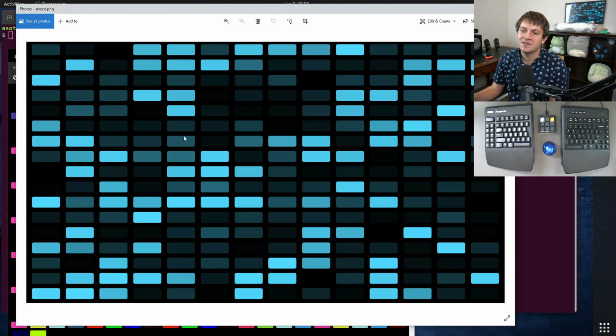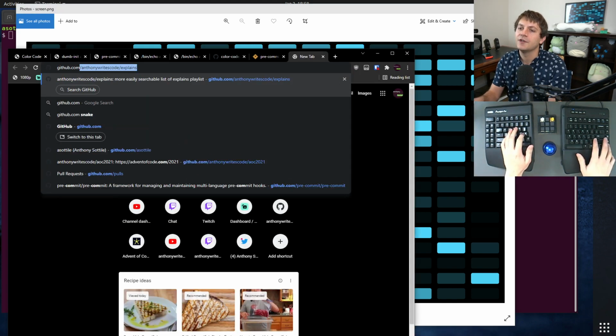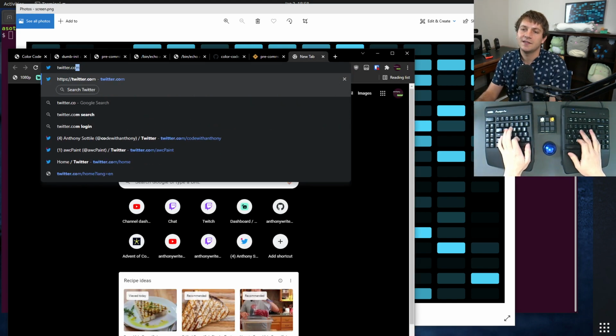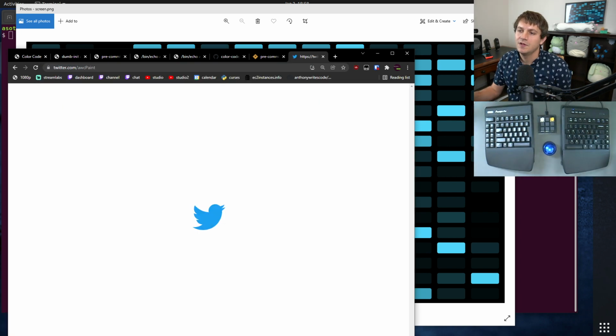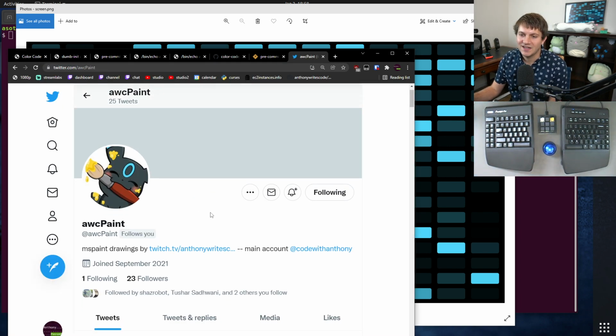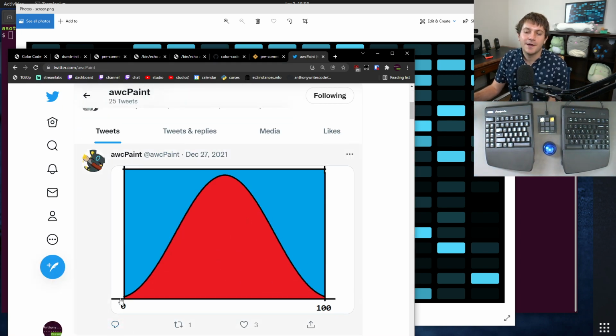But when I initially just picked random numbers, I kind of got this mumbled garbage. It was a lot of these middle colors and not so much these bright and dark colors. So it was kind of just mud. It didn't really look that good. So what I did instead is I generated random numbers using a special distribution. Actually, I did a drawing of this on stream, so I will show you that drawing again on my A2EC Paint Twitter. So what I did is I generated a normal curve of random numbers